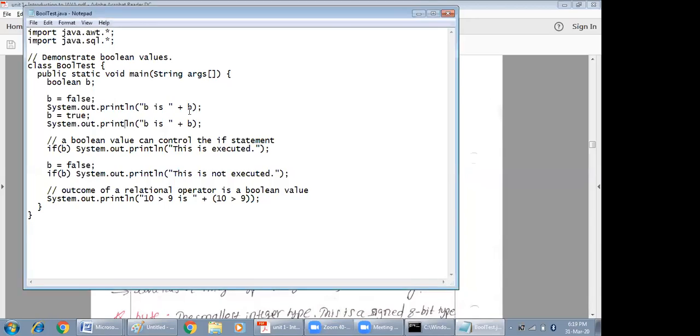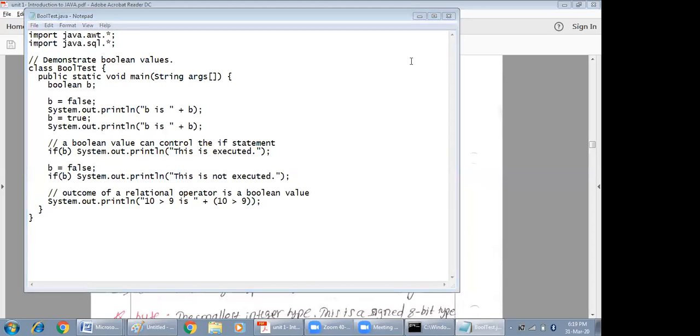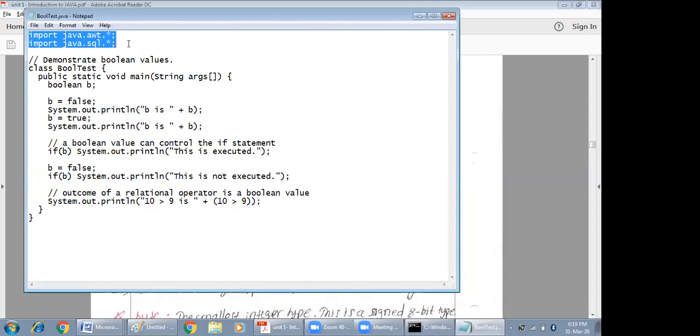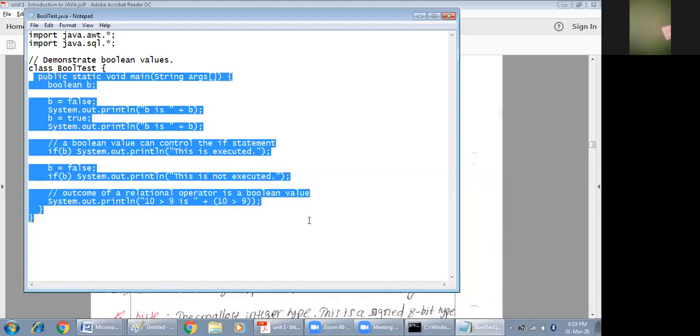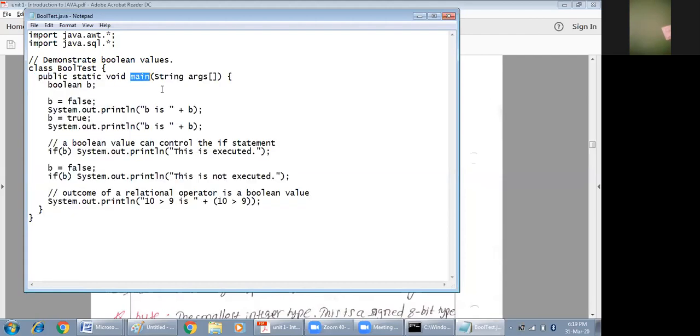Right. So please concentrate. This is the Java program which demonstrates the usage of the Boolean data type. So booltest is the name of the class that I have taken, and within this class all the statements are written. In the main function, we are first declaring a variable called b of boolean data type.